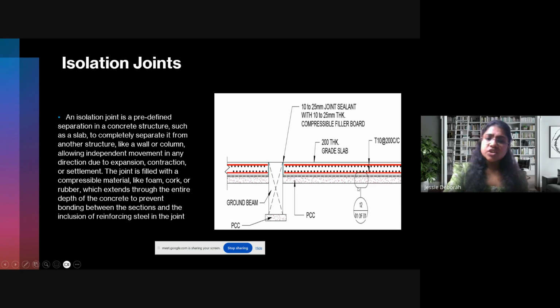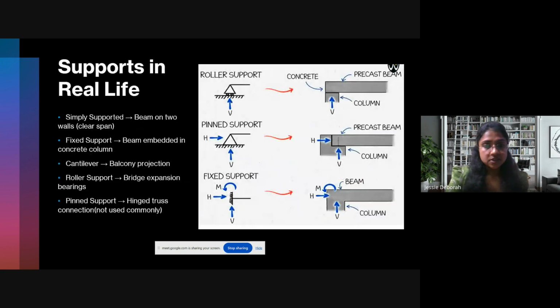Okay, in the isolation joint, what can we fill it with? We will give compressible materials. Okay, foam, cork, rubber, and how deep it goes. See, we are giving a crack, we will design it also based on our load by area, the stress that it is going to take, based on the temperature of that area also, and then we will go ahead with this.